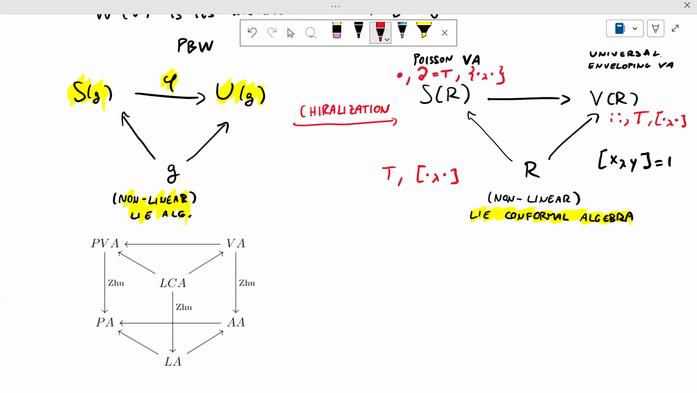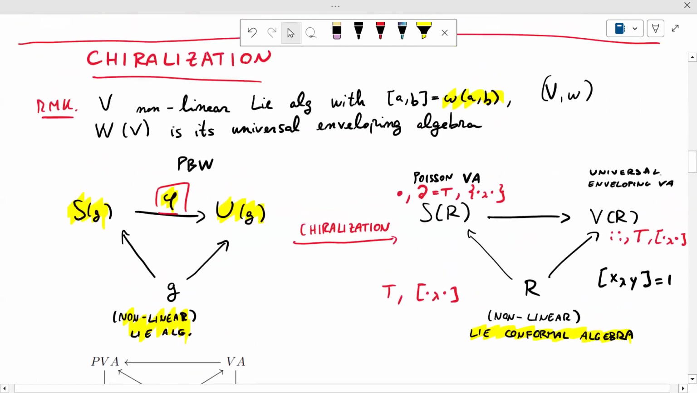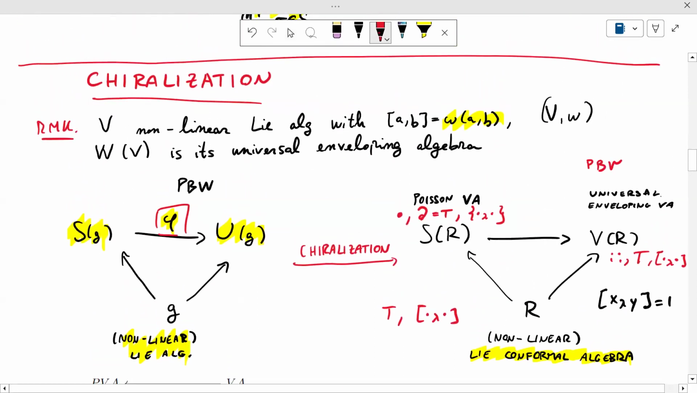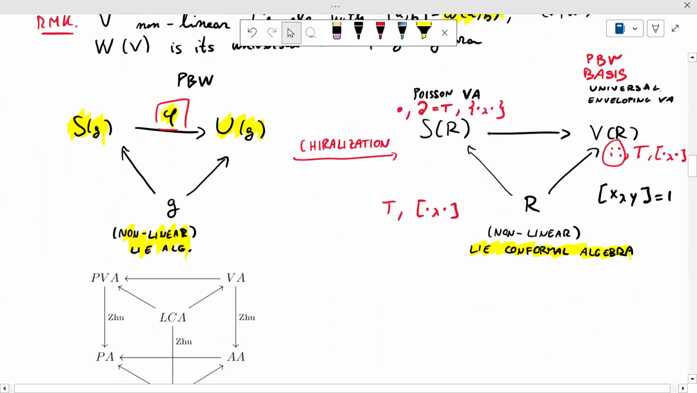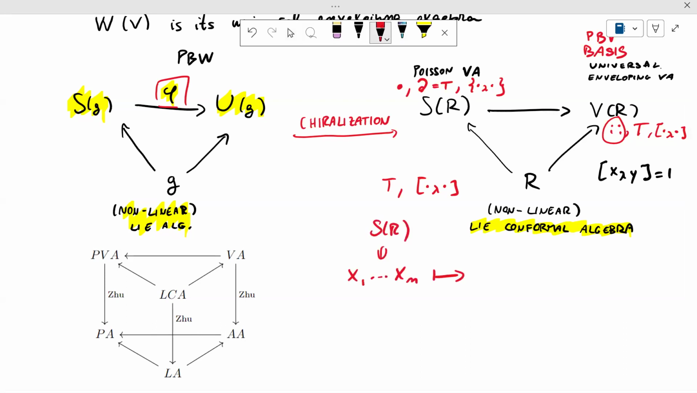So here we had this quantization map phi, which was just a symmetrization map. And again, this worked. This was a quantization map because of the PBW basis. Now the thing is that again here we have the PBW basis with respect to this normally ordered product. So our new phi, we guess it to be a map that will send a monomial like this now in SR